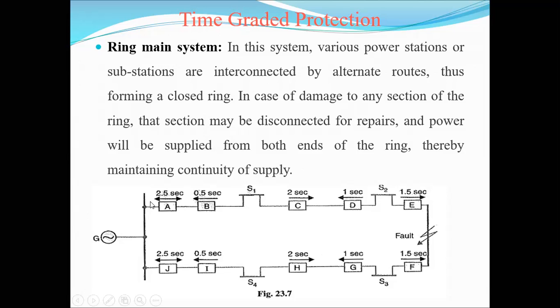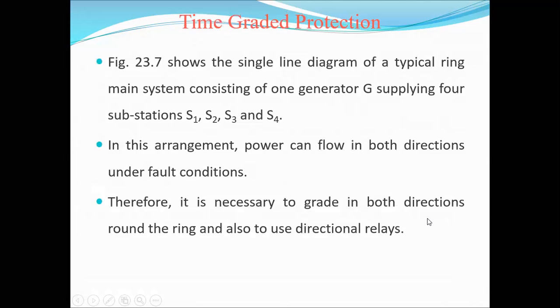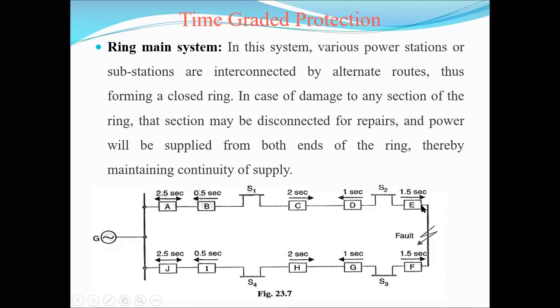That is, first of all, relay A to B2, and then we are going to substation 1. After that, C, D, and then SE. Okay, at that point we obtain the fault. That's why there is no passage of that current from E to F. Okay, it is stopped at that point.